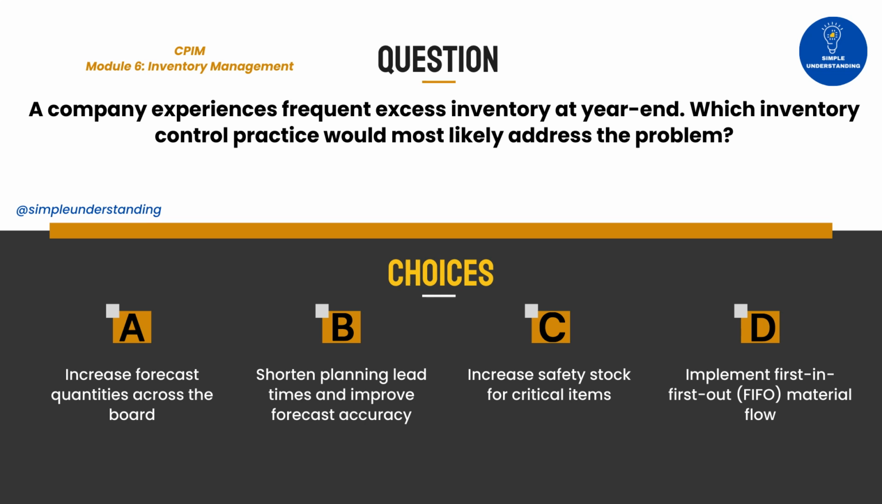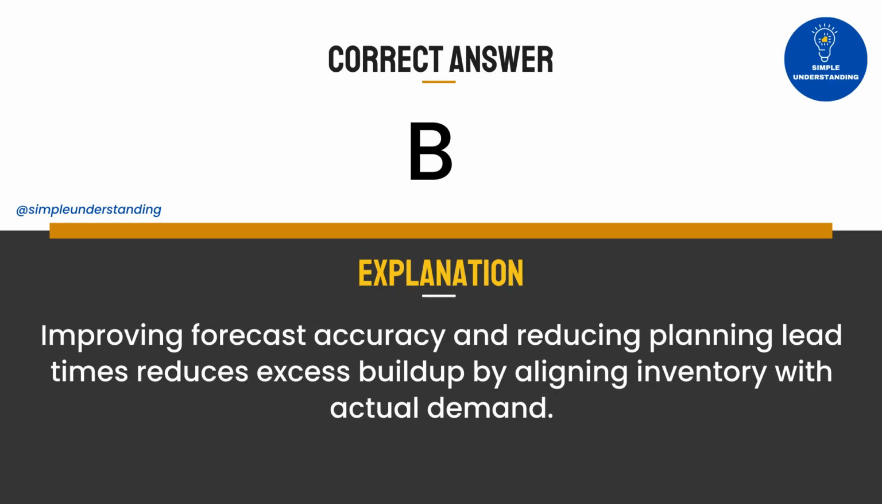accuracy. Question 9. A company experiences frequent excess inventory at year-end. Which inventory control practice would most likely address the problem? A. Increase forecast quantities across the board. B. Shorten planning lead times and improve forecast accuracy. C. Increase safety stock for critical items. D. Implement first-in, first-out (FIFO) material flow. Correct answer: B. Explanation: Improving forecast accuracy and reducing planning lead times reduces excess buildup by aligning inventory with actual